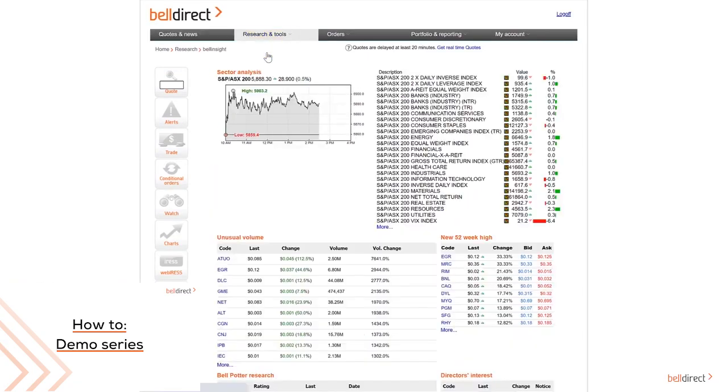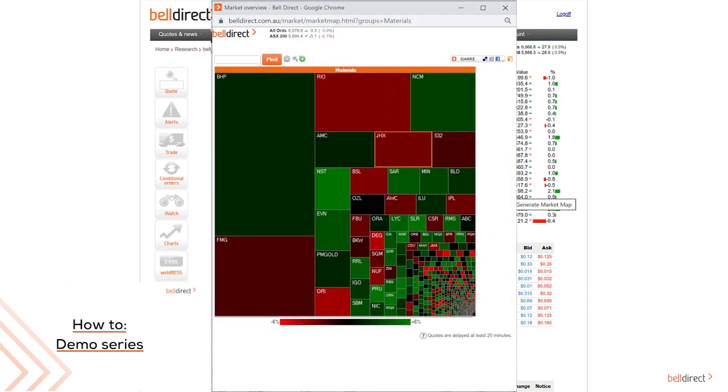At the top left-hand side is a chart of how the benchmark ASX 200 is performing today. To the right are the various sectors in the market. Let's say you wanted to focus on the performance of a certain sector, say mining stocks, the S&P ASX 200 materials. Click on the market map button beside the sector and you'll see how each of the stocks in that